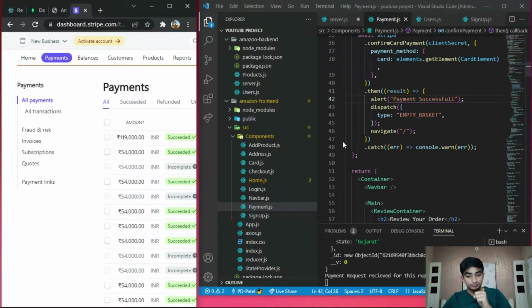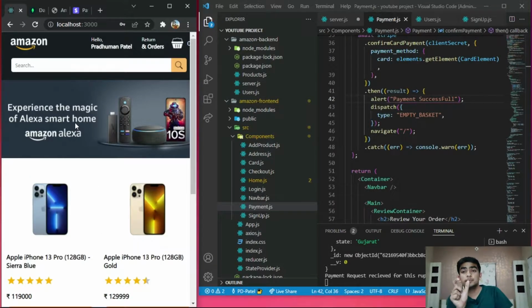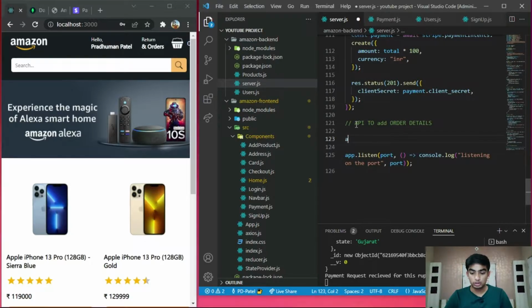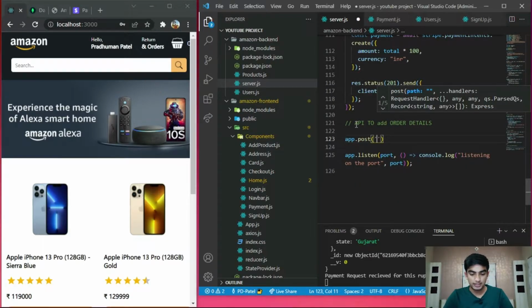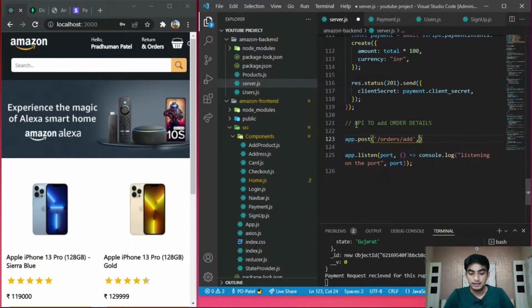So whenever we place the order, we have to store that particular order detail in our MongoDB database. So how can we do that? For that, here we are going to create another API to add order details. Okay, so see here, go to app.post, then the API. Here I type orders.add, and then req, res,